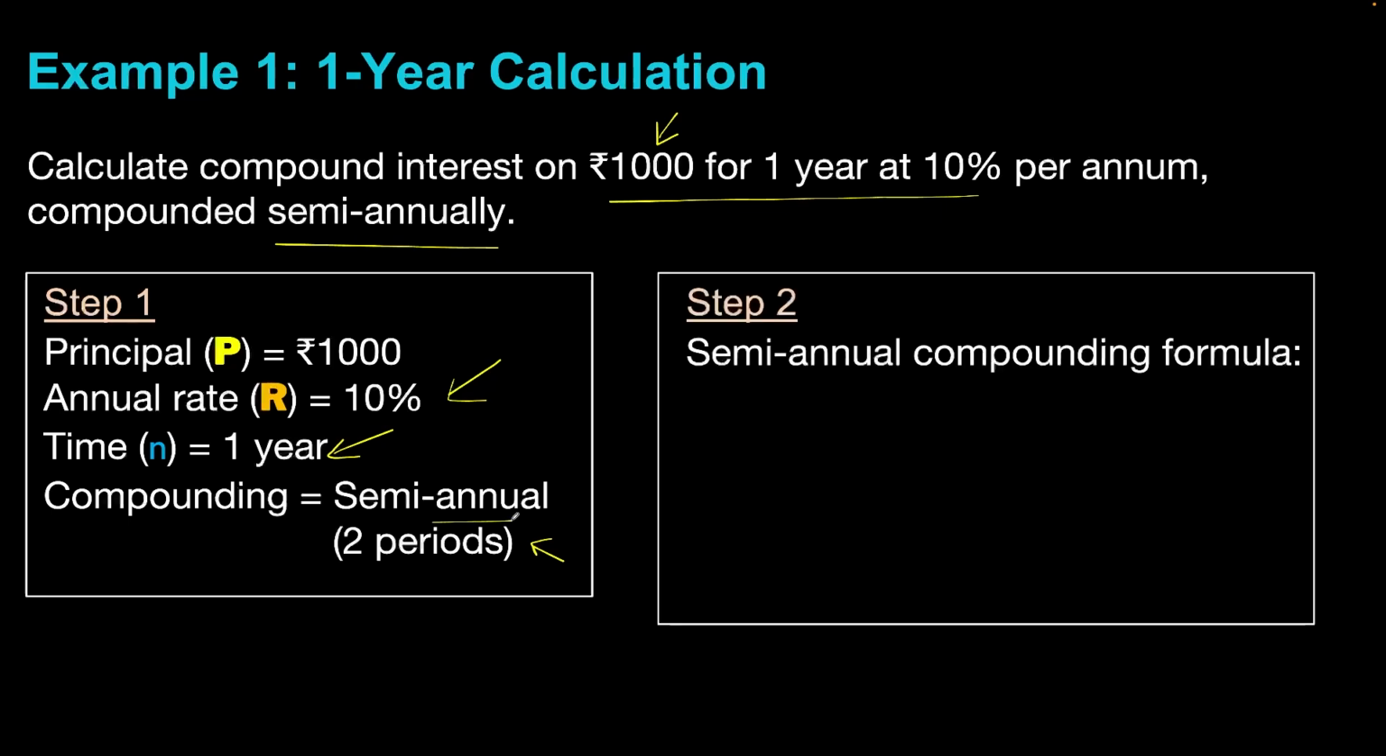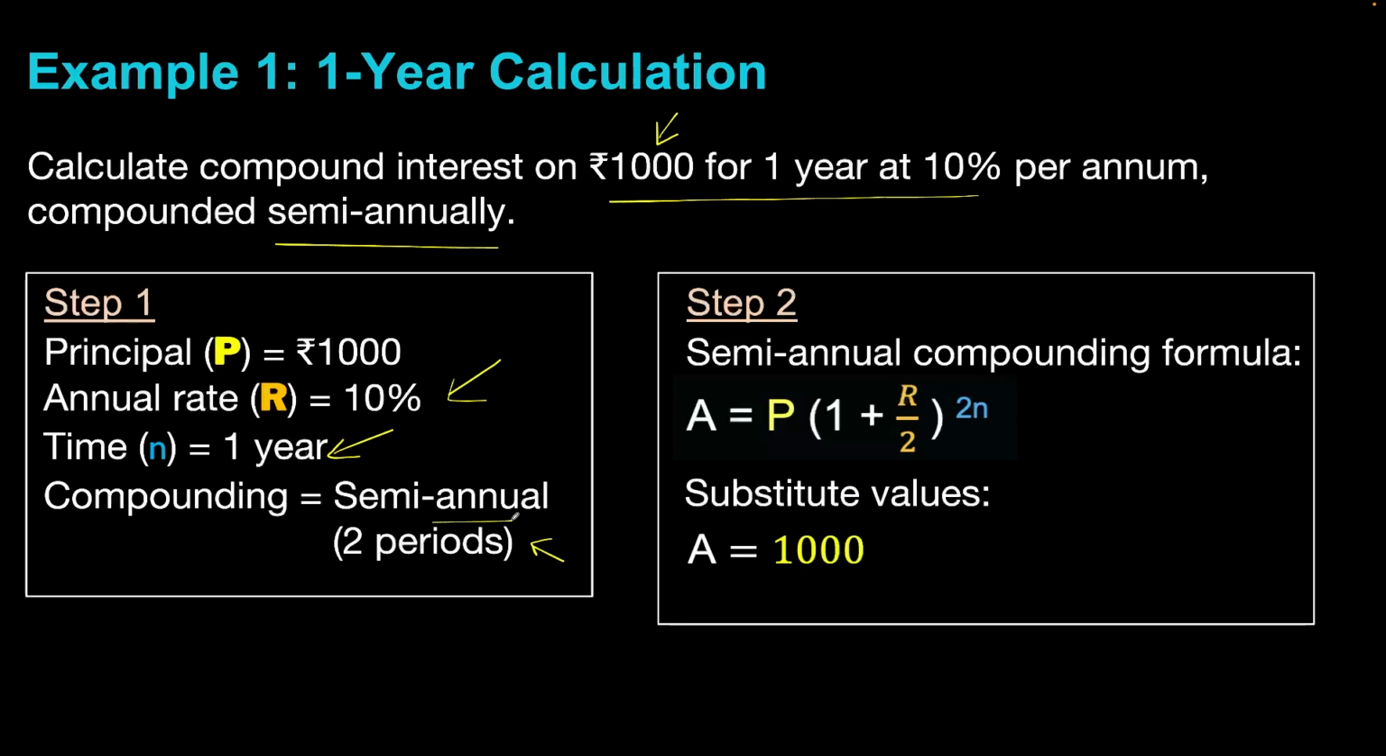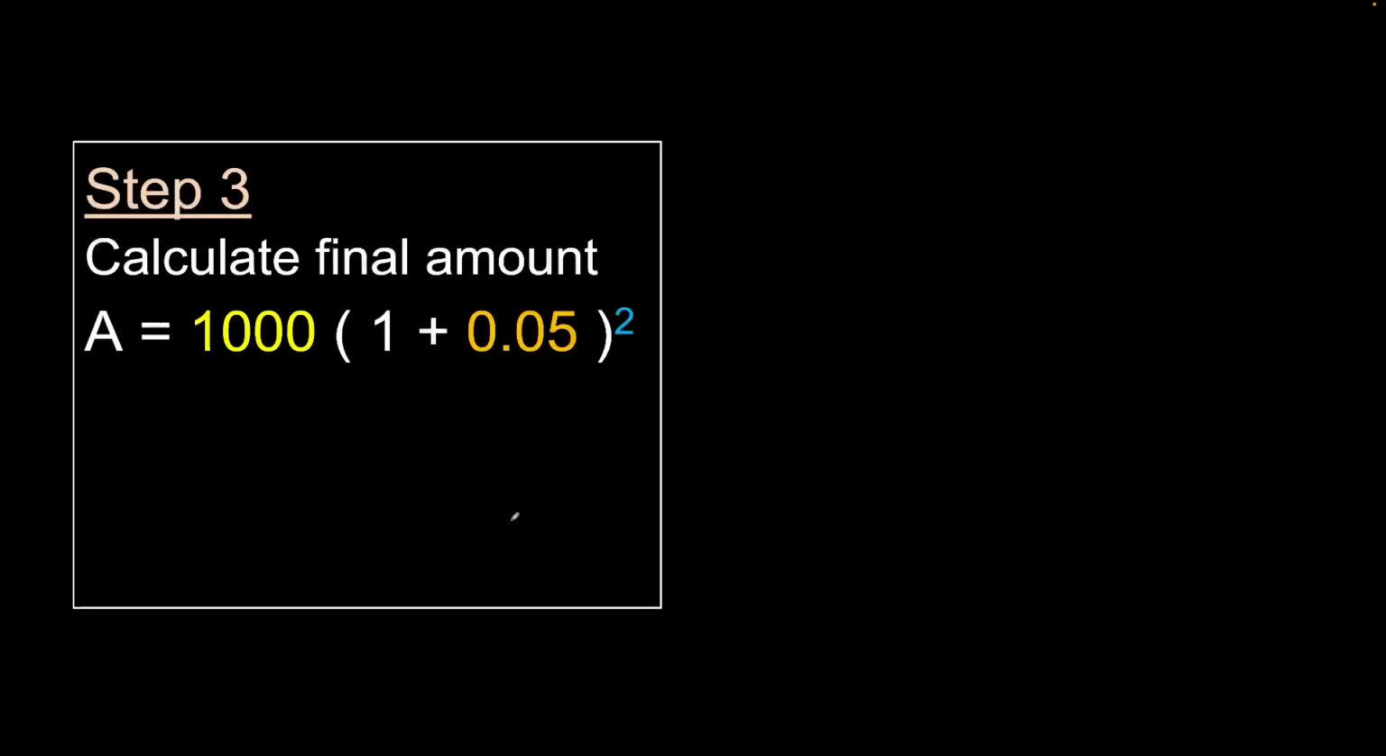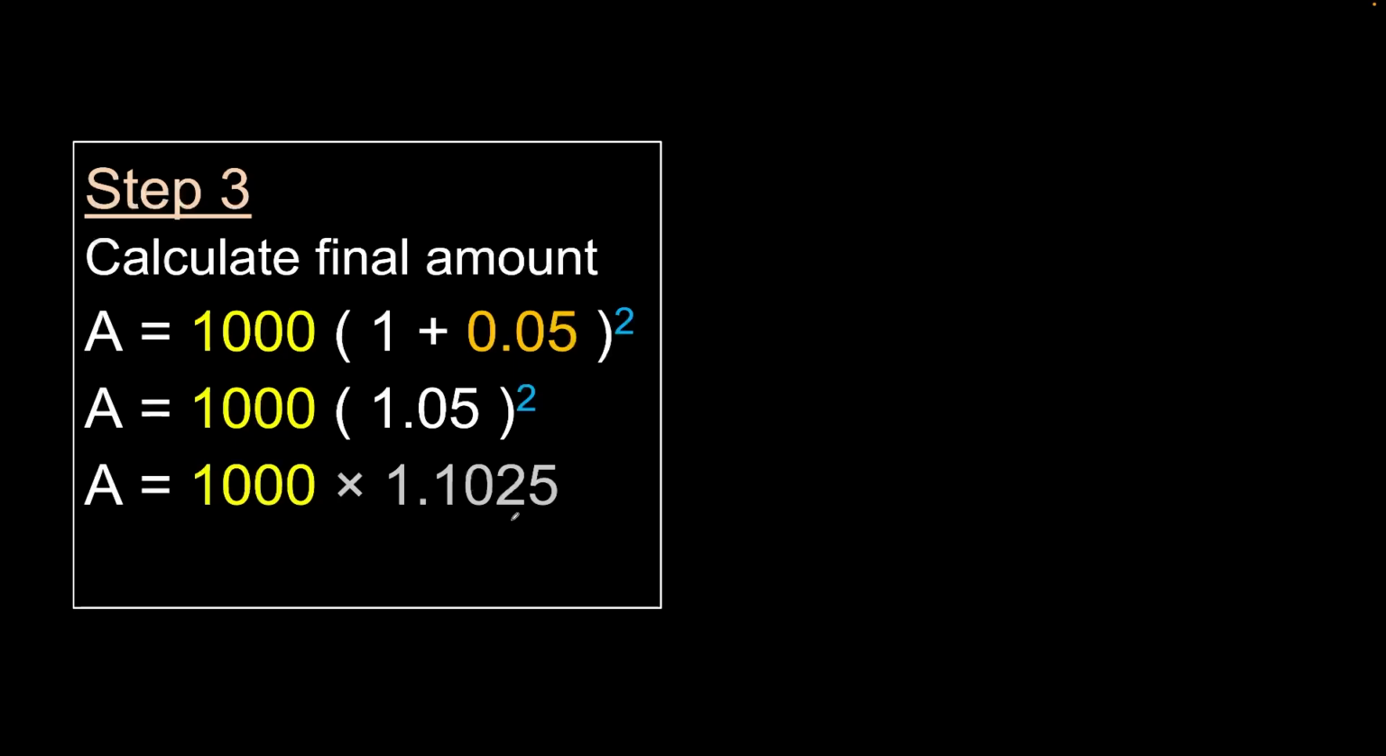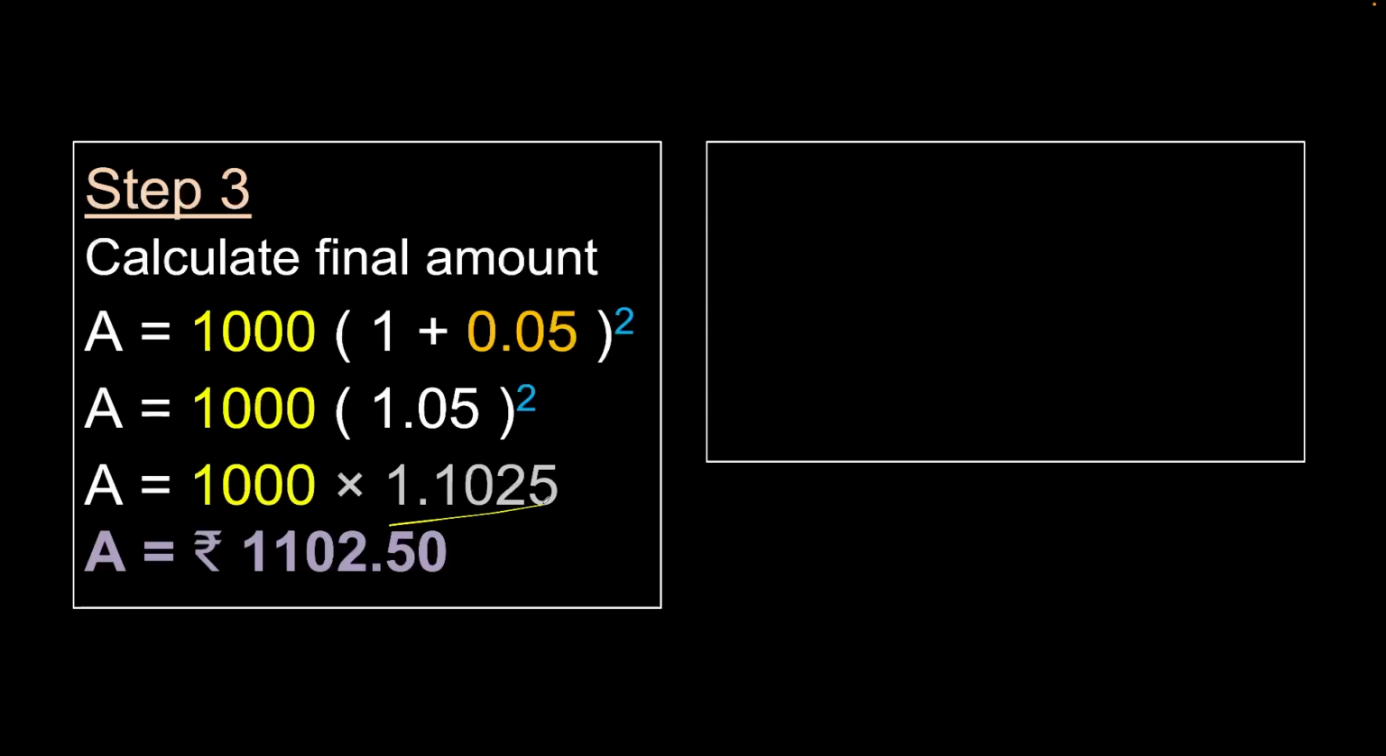So what do we do first? We divide the annual rate, or we can directly apply the formula as well. So A equals P into (1 plus R by 2) whole to the power of 2n. Substitute values in. So P is 1000, R is 10%, and N is 1 year. So 2 into 1. So we get 1000 times (1 plus 0.05) whole to the power of 2. So 1000 times 1.05 whole square, which is 1000 times 1.1025, which would be